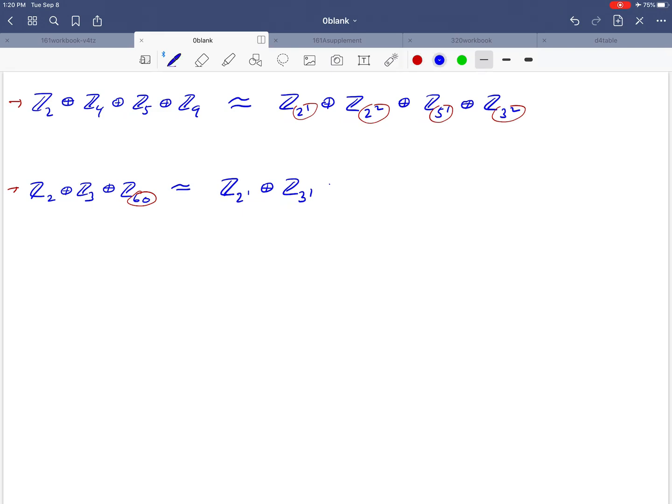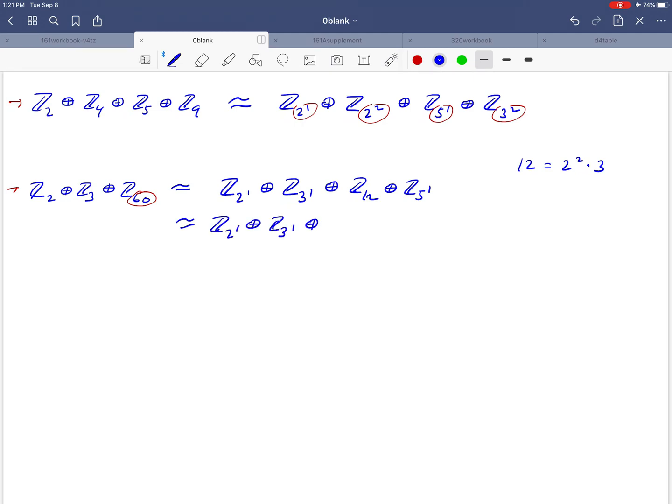So how about if we first break it down into Z12 plus Z5? We can do that because the GCD of 12 and 5 is 1. Then 12, if we break that down, that's 2 squared times 3. 5 is already a prime to the first power, so we're just going to go one more step here